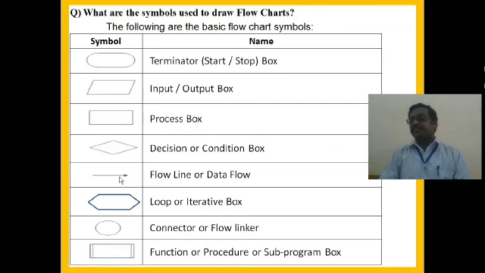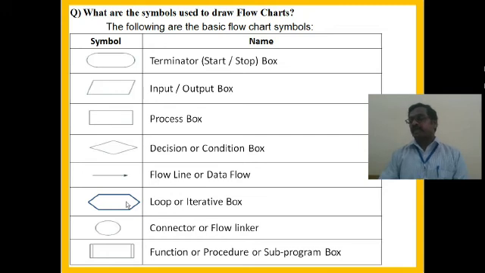And the next one is the arrow. This is called the flow line or data flow. Data flow connects the different symbols, showing the order that is followed in the algorithm. This is the most important. Even though you have drawn all the symbols in the flowchart, if they are not linked with one another, it is only an incomplete flowchart. So you must include this flow line, that is, you must show the data flow in a flowchart. And the next symbol is the